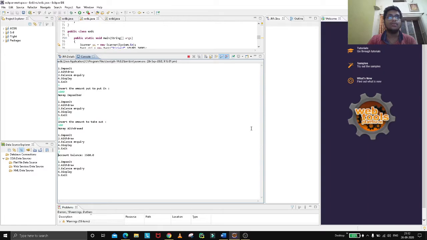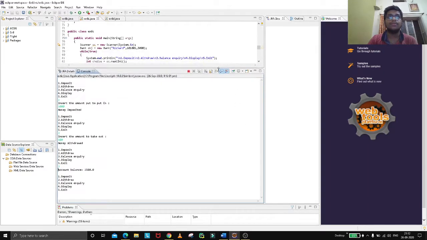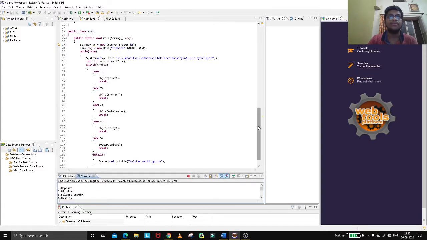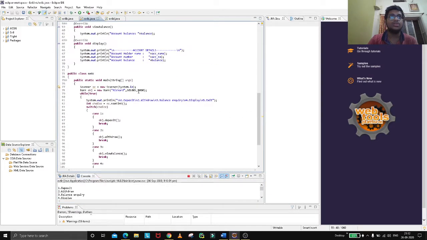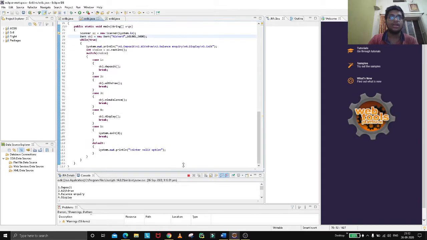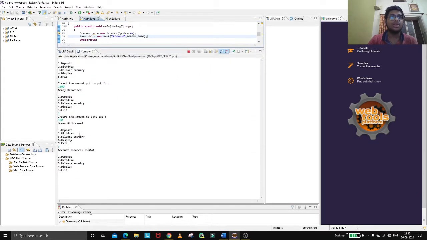In our code we have provided 3000 rupees as a minimum balance to be kept in the account. So 3000 rupees is already there and we provided 1000 rupees, so it becomes 4000, and then 500 is withdrawn.